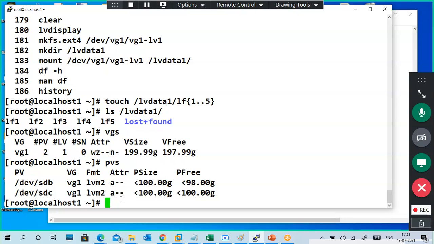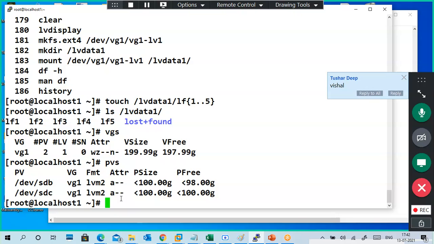Guys, anybody want to create another logical volume? Anybody? Volume groups are created. Or do you want to add our physical volume? We have one more physical volume.